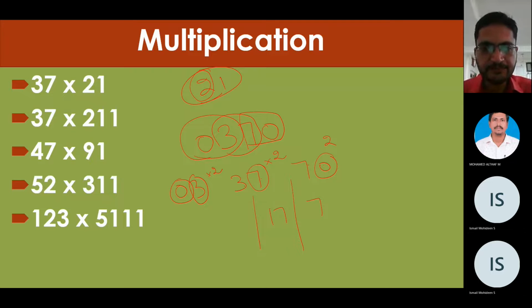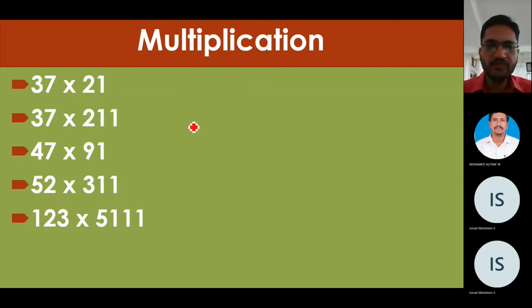I am repeating. Now, when we are to multiply 37 with 21, I will write 1 0 in the last and 1 0 in the front of the number. Now, again I will make pairs of 2 numbers. First pair is 70, second pair is 37, and next pair is 03.